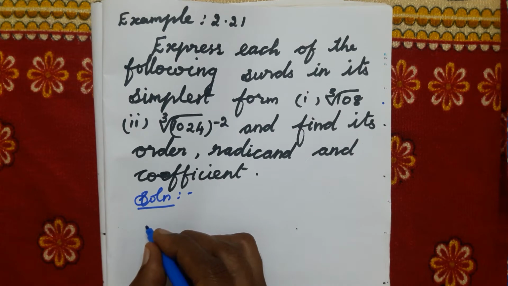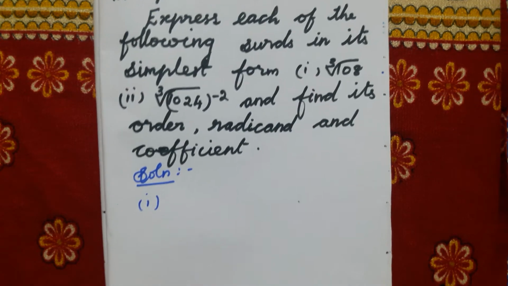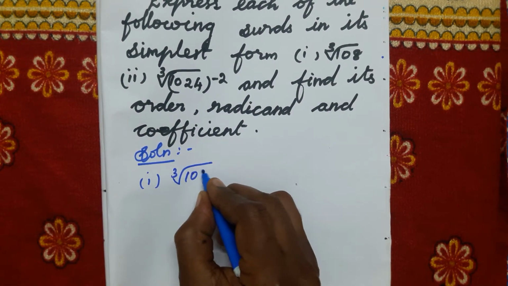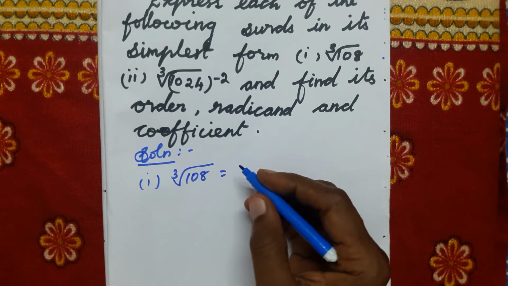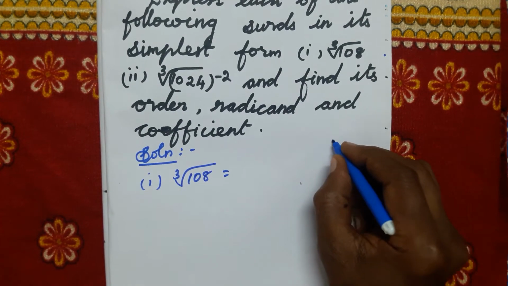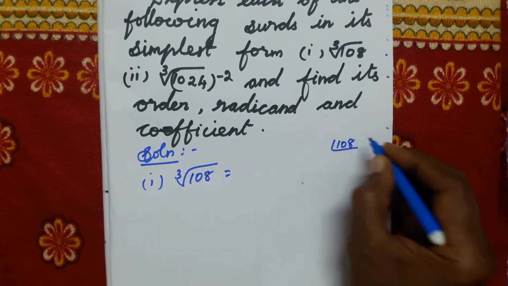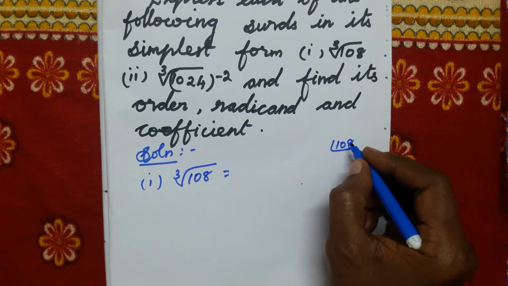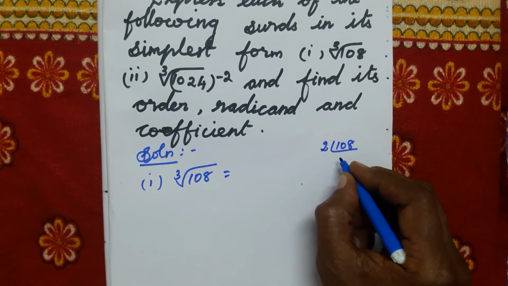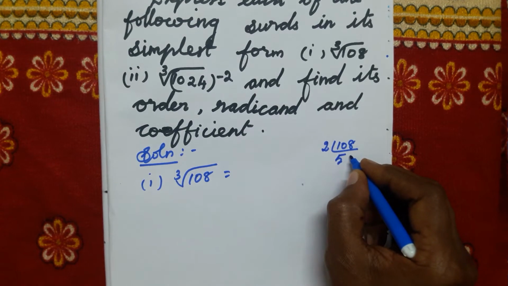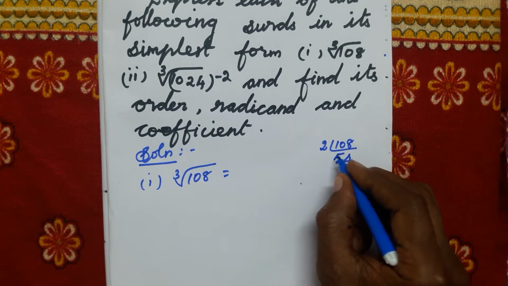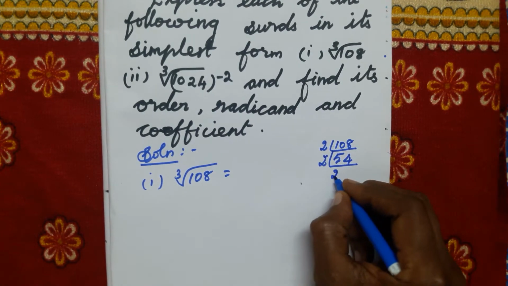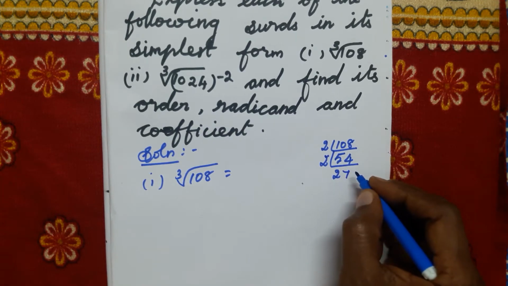The first question, listen carefully. Cube root of 108. Can we factorize this 108? Yes, we have to. Which table can we factorize with? The 2 table. 5 2s are 10, 4 2s are 8. Again we can factorize with the 2 table. 2 2s are 4, 1 balance, 7 2s are 14.